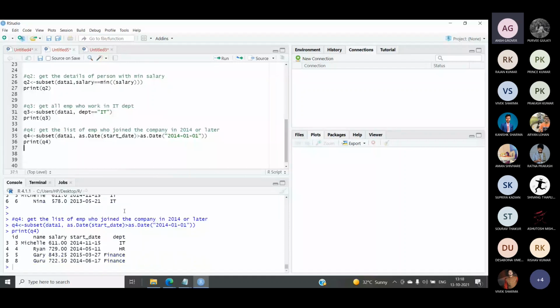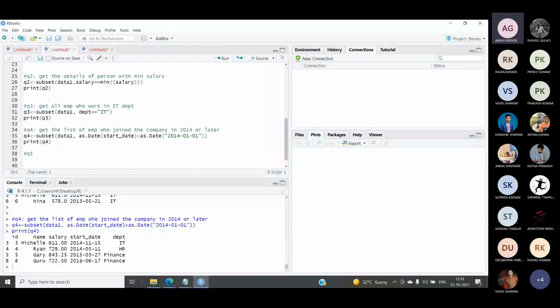So here you can see, have a look at the number of records that are returned. So it has returned the record of all the employees who have joined either in 2014 or later. They may have joined in 2014 or they may have joined later than 2014. Okay, fine. Now let's do one more query. And in this case, this query, let me call it query number 5. Fine. And this query is about compound condition.